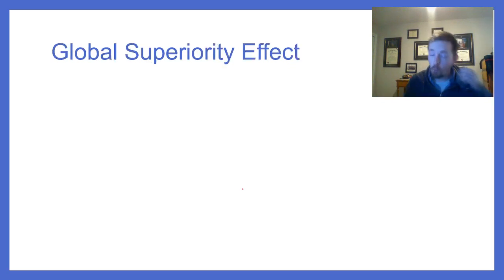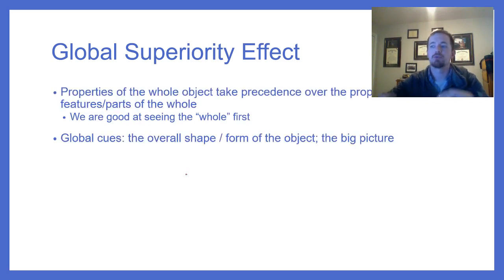So one cool feature of middle vision, one of the phenomena that we get out of it, is called the global superiority effect. And the global superiority effect is our tendency to really perceive the whole object over the tiny little bits of it first. So in other words, to put it another way, we're more likely to see,